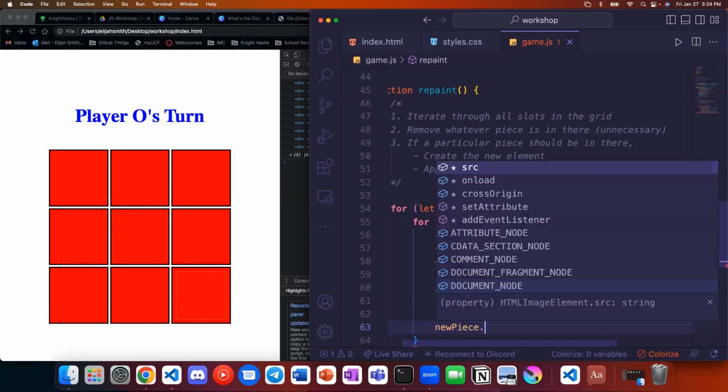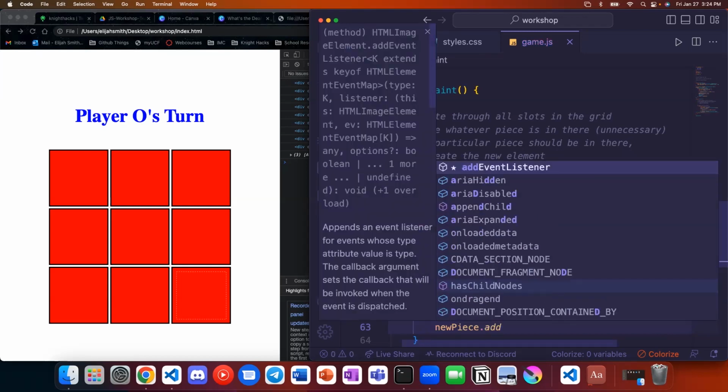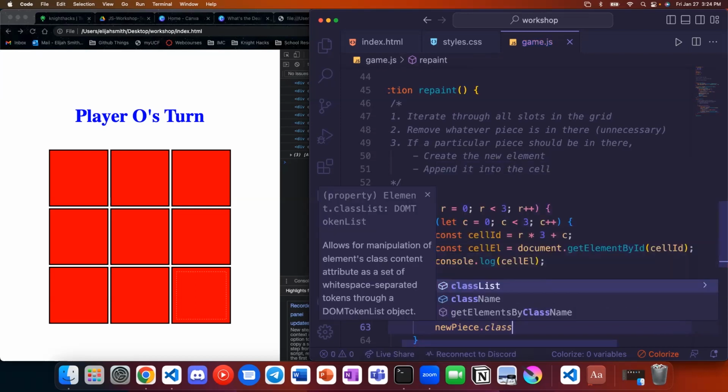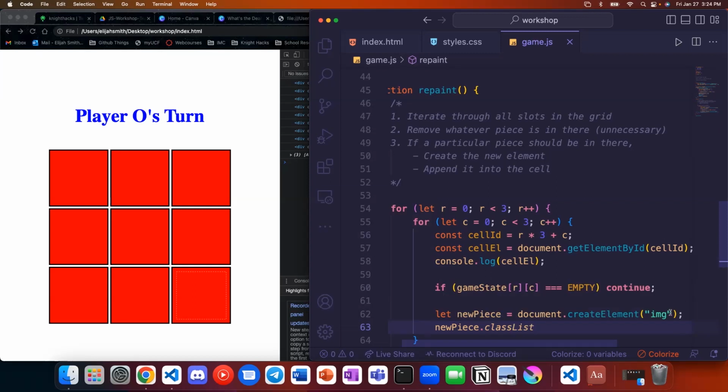We're going to take the new piece and add class. JavaScript, is there a difference between single and double quotation marks? No, they're exactly the same. If you have a formatter, usually the formatter will have an option for single quotes or double quotes, so that way you can be consistent and it'll automatically update it. Like if I were to put something in here in single quotes and then save it, my formatter turns it to double quotes. There is no difference.